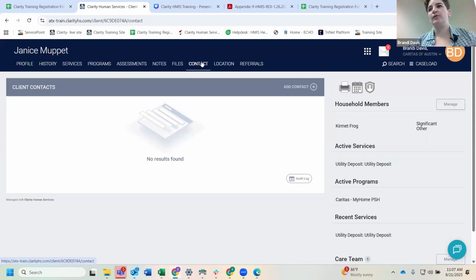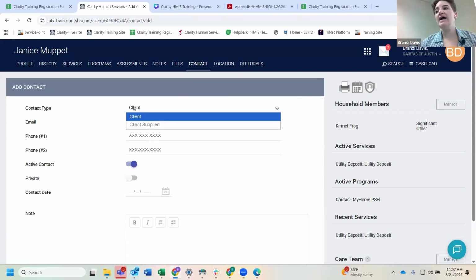All right, so now we're in our contact tab at the top, and this is where we'll add client contact information. So within community services, your client's contact info is within their summary tab, if you all remember. But in Clarity, there's a separate tab for client contact information. And so just like in community services, clients' contact information is super important to keep up to date. Whenever clients do come up for housing referrals, that's the first way that staff will reach out to them to contact them. And then just for you all, really important to keep that up to date as well. So we're clicking on contact, and then we're going to click add contact in this top right-hand corner.